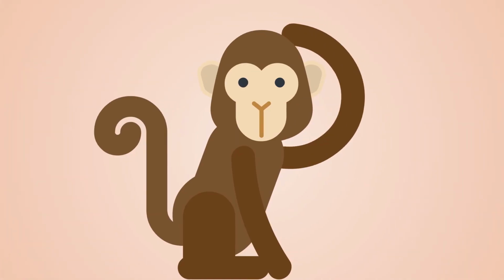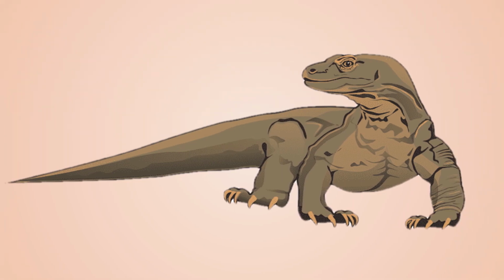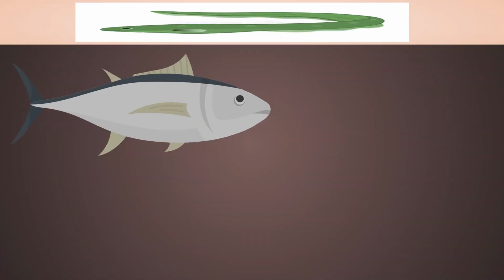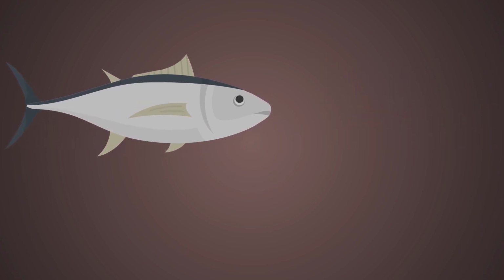We've found that humans share a fairly recent common ancestor with chimpanzees, that mammals evolved from reptile-like creatures, those reptile-like creatures evolved from amphibian-like creatures, those amphibian-like creatures evolved from fish-like creatures, and fish, if you go back far enough, share a common ancestor with segmented worms. So to sum things up,